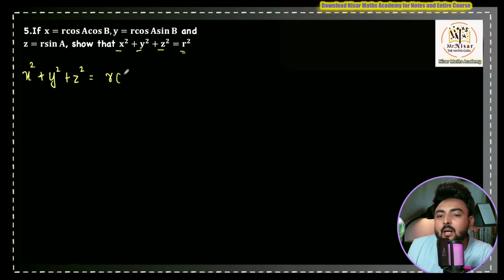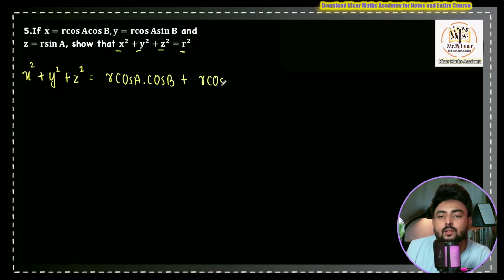So x will be r cos a into cos b, plus y is given as r cos a into sin b,